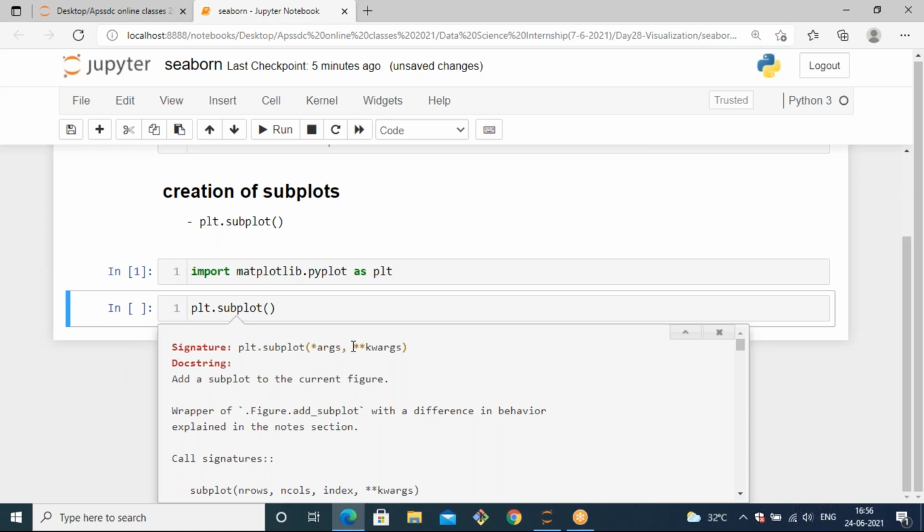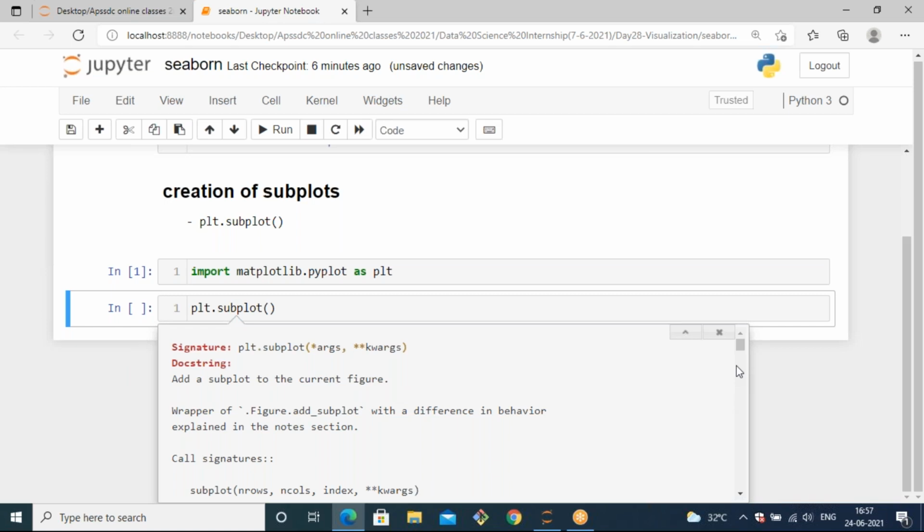By using a single star you can pass any number of positional values. And when it is a double star, it will take keys as well as values, so it is called keyword arguments. So it will take some arguments and then keyword arguments, and finally it can add a subplot to the current figure.